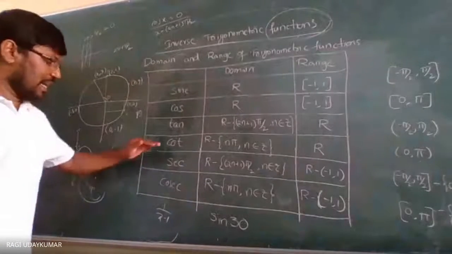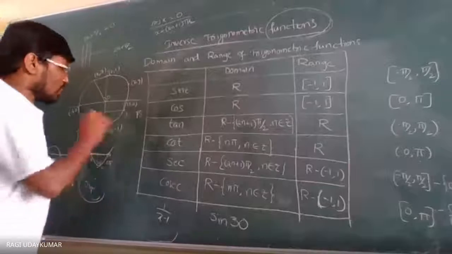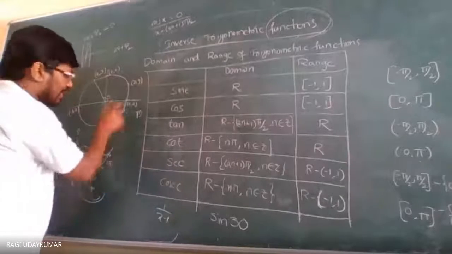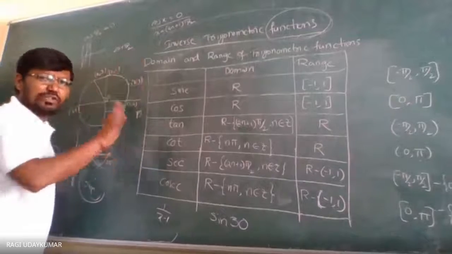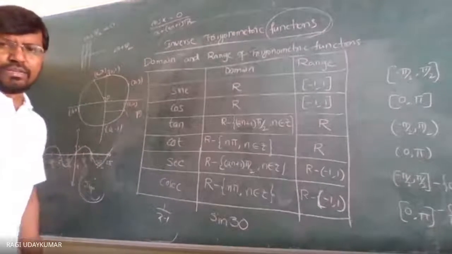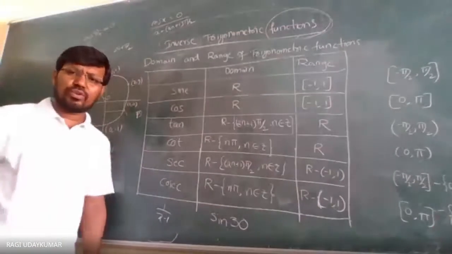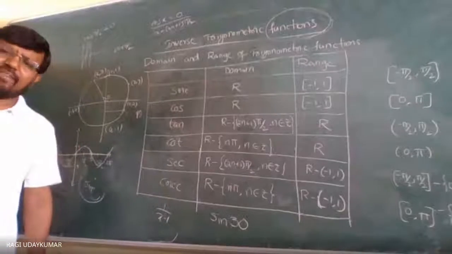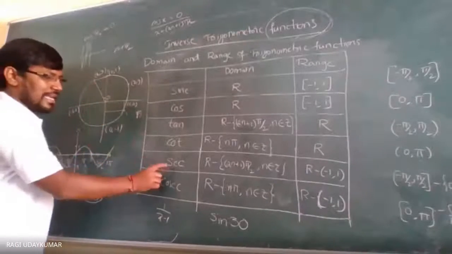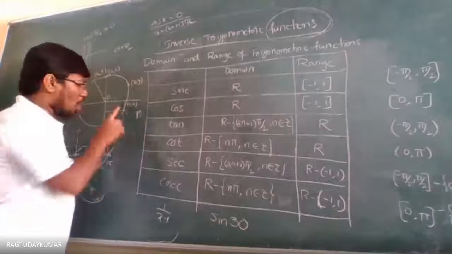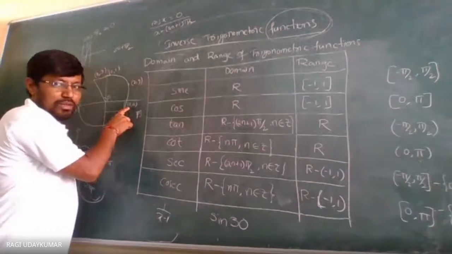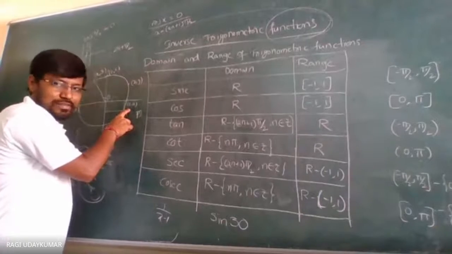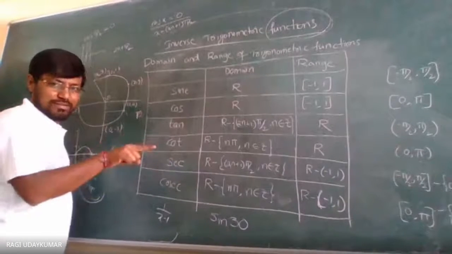So if you see that here, this one again, this one only. This is the major part. This figure should be there in your mind always, so that it is an easy task for you to do the trigonometric functions everywhere. This secant is nothing but 1 by cos. Cos is what here? X coordinate. So 1 by 1 is 1. So secant 1 value is 1.